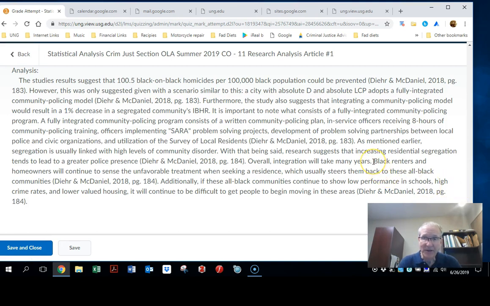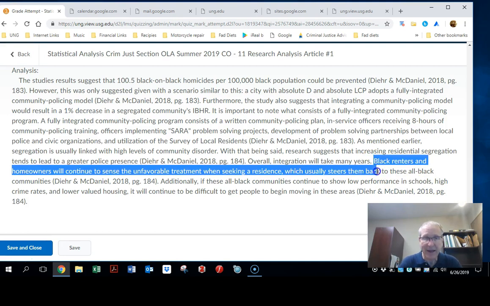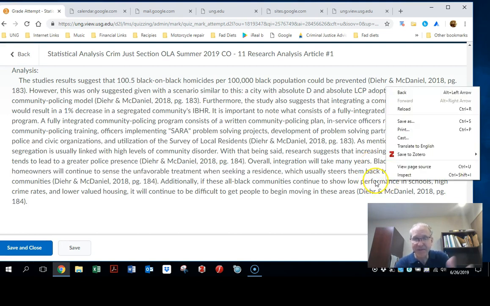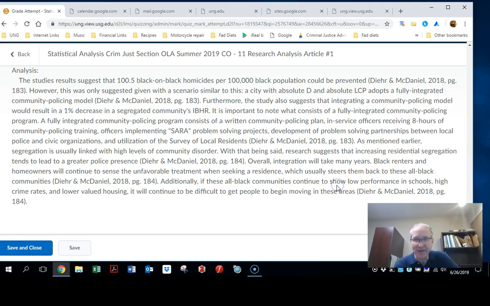Anyway, some of the takeaways from this study are very simple and quite concise. Black homeowners feel unfavorable treatment by whites because they recognize themselves as stakeholders, but whites don't. So at the end of the day, they're showing the effects of being stiffed racially are many, and not to mention the low performance in schools, crime rates, lower valued housing, all that stuff. So anyway, Janelle put that in there, and she did a great job of it.